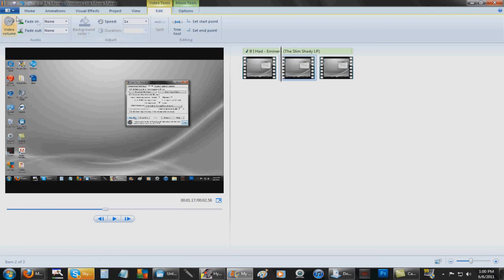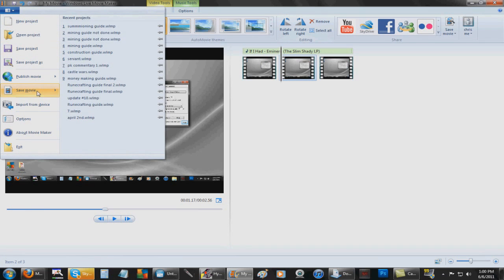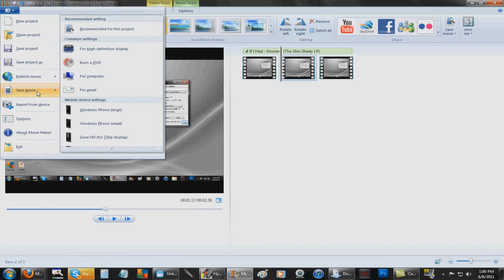So that's pretty much the basics for editing and using Windows Live Movie Maker, and that's how I started my video making, even though I started with Windows Movie Maker on XP, but Windows Live is pretty much the same thing. Now from there, you can save movie, and you can save it to either recommended for this project or